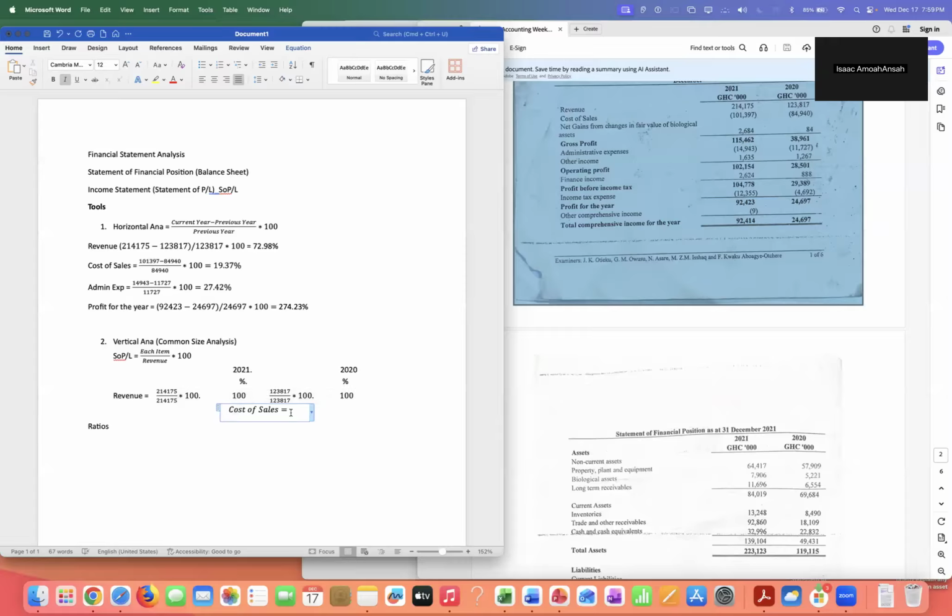Cost of sales for 2021 is what? 101,397. 397 divided by